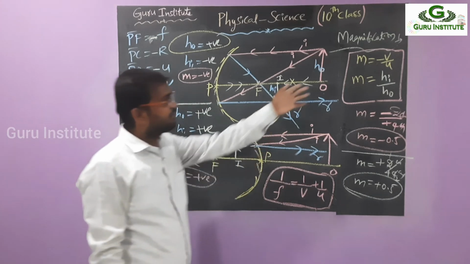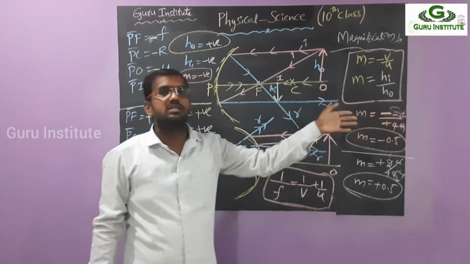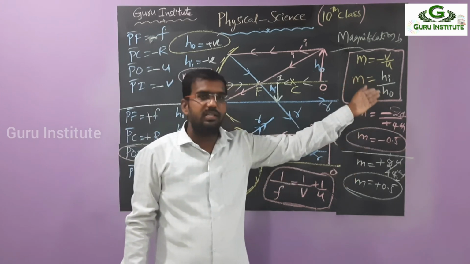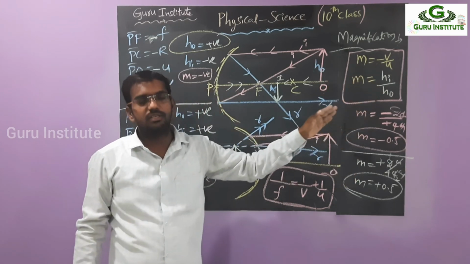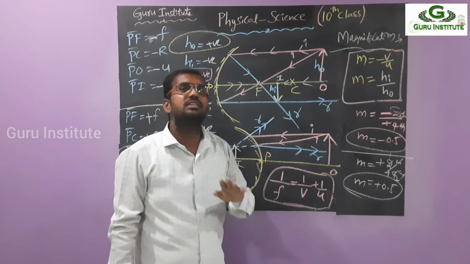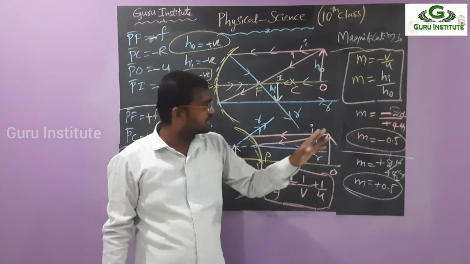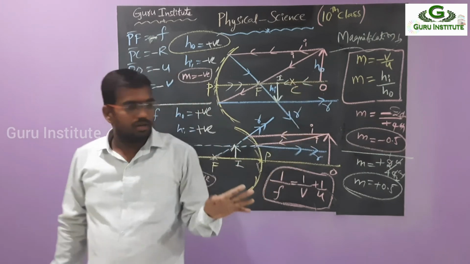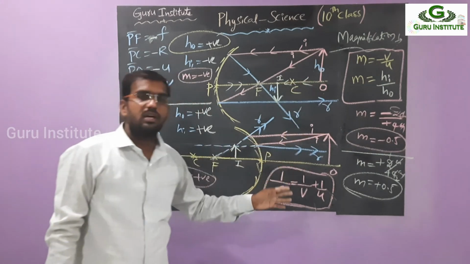Then coming to the magnification, it shows how much the image is varied, that is increased, decreased or the same. If it is less than 1, the image is decreased. If it is greater than 1, it is increased. Equal to 1 means nothing is changed; object and image are the same height. If you get a negative answer here, it always shows a concave mirror. If you get a positive answer here, it always shows a convex mirror.